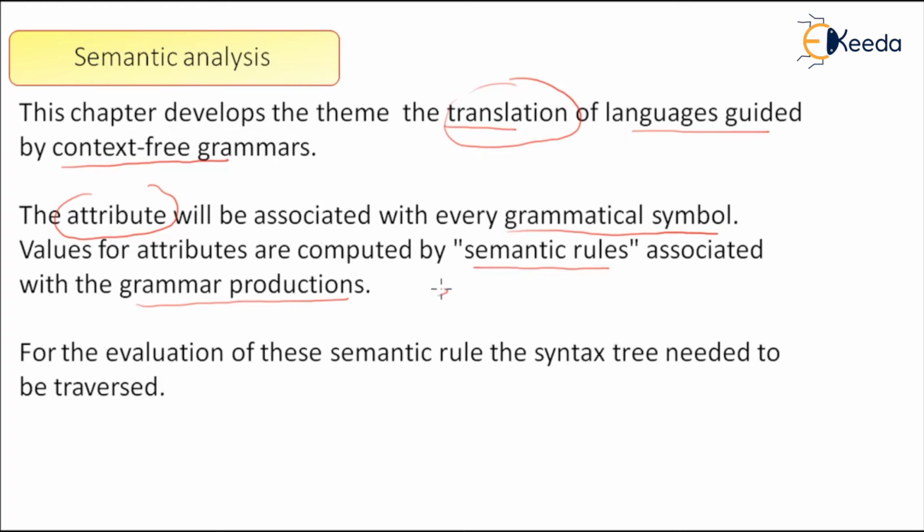But for the time being, I'll say that if I write a grammar, expression is equal to expression plus, let's say, term. So here expression is a grammatical symbol and term is a grammatical symbol. So first we'll attach attributes with these, and with this production rule, I will attach some semantic rule. Okay, some semantic rule will be associated